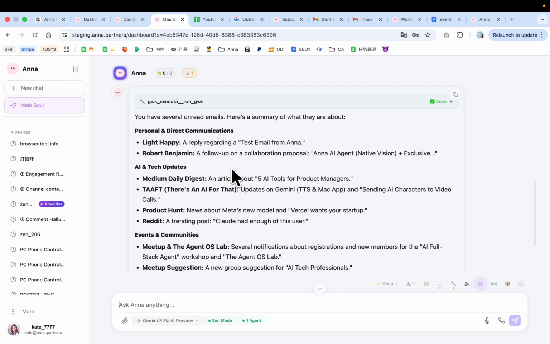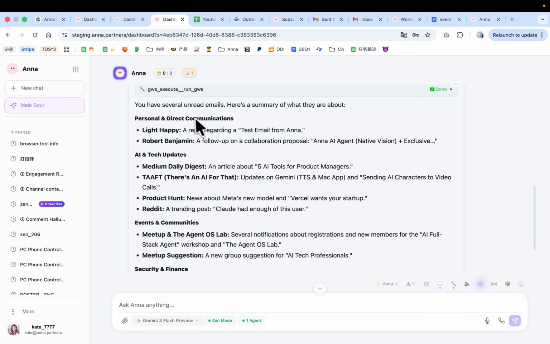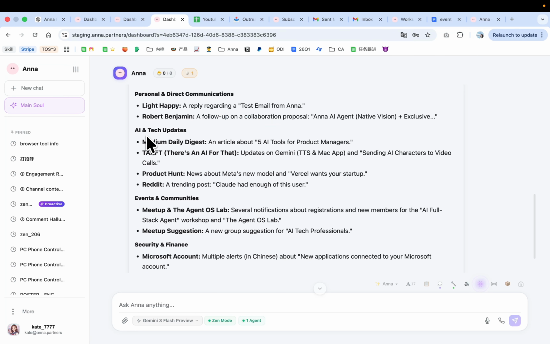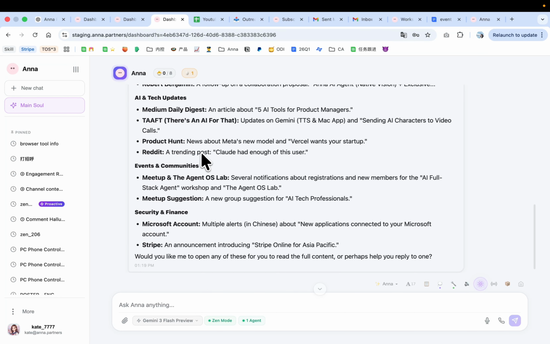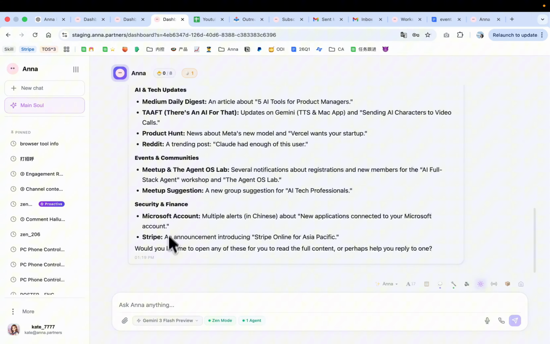Okay, it says I currently have several unread emails, and here's the summary. One email from Light Happy, which is a reply regarding the test, and one email from Robot, which is a follow-up on the collaboration proposal, and also some emails about AI and tech updates, and emails about events. So the next function I want to test is